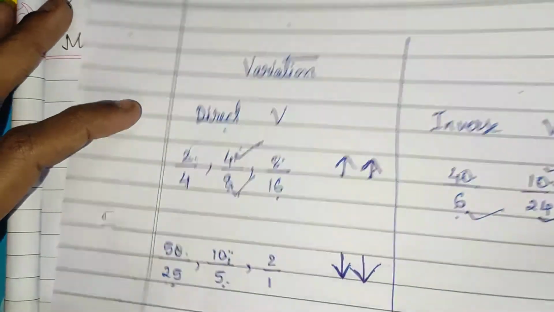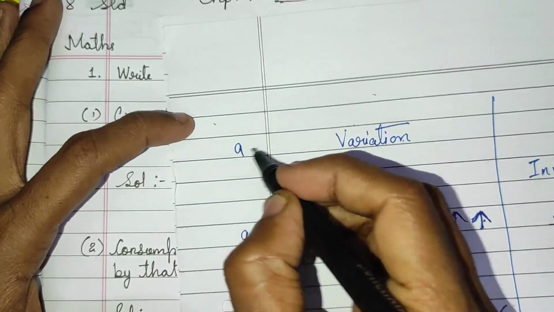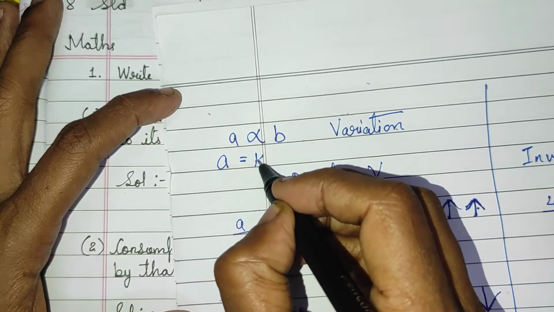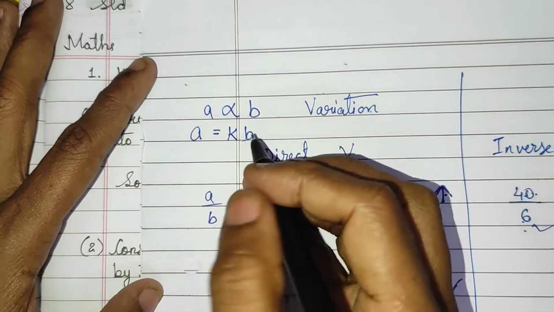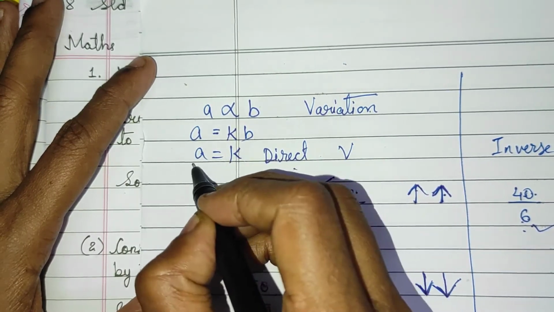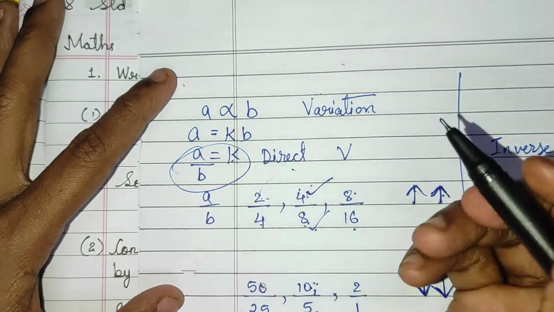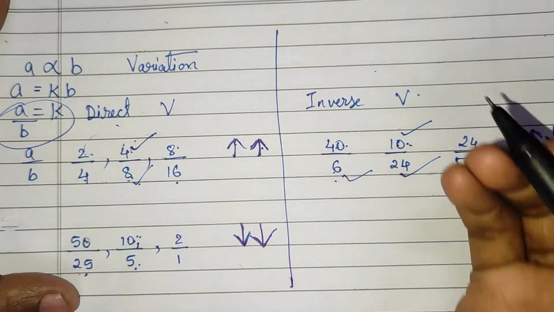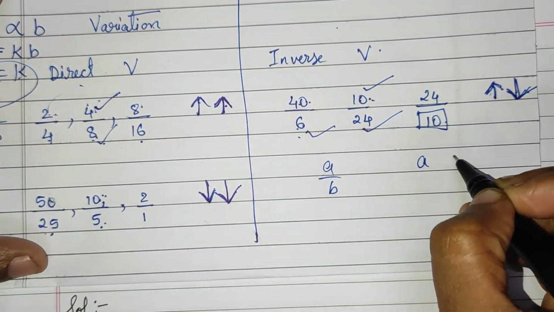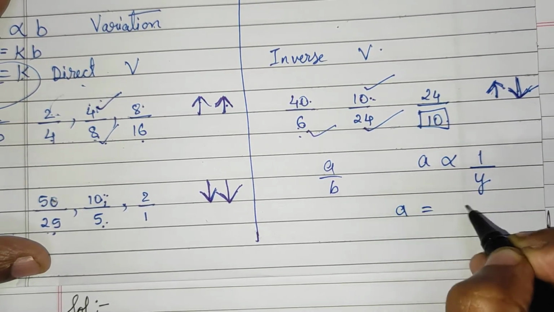Now, for direct variation, for example, you have A upon B. So, that means A directly varies with B. So, A is equal to KB. K is constant. So, A upon B. So, this is direct variation. And in inverse variation, A upon B. So that means A inversely varies with Y. So that is A is equal to,